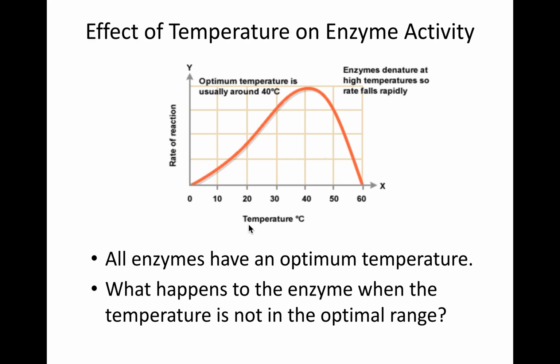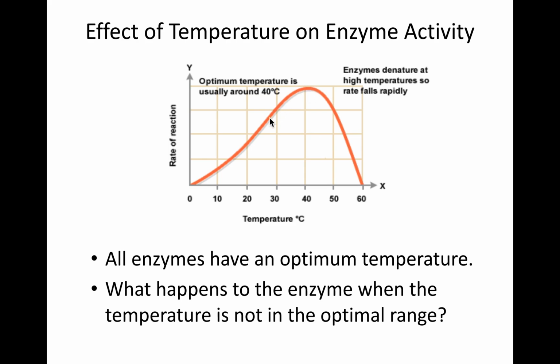Here's a graph showing the effect of temperature on enzyme activity. You can see the temperatures on the x-axis and then the rate of reaction of the enzyme, so how much product it's forming over time. Notice that the optimum would be here, around 40 degrees Celsius, maybe a little bit over. Most enzymes like that